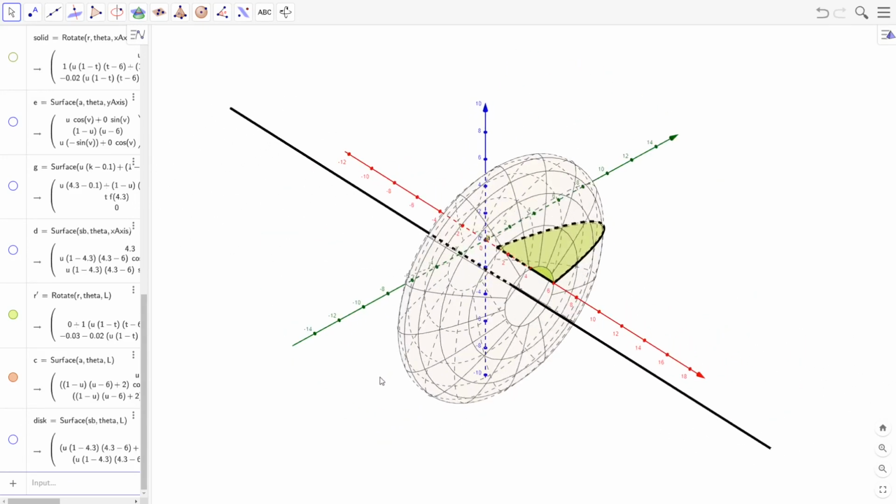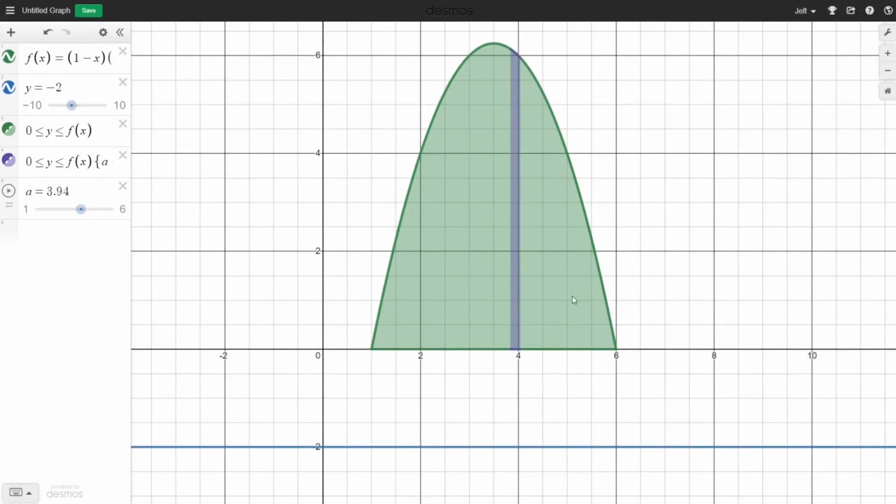As with our previous volumes, we don't actually need to know what this object looks like to find its volume. All we need is a sketch of the region, a sketch of the axis of rotation, and a sketch of our representative slice. Rotating this slice about an axis perpendicular to the slice will give us either a washer or, if the axis of rotation is adjacent to the bottom of the slice, a disk. If we were to rotate this slice about some other axis, and our rotated slices were not disks or washers, we would need another method to find the volume of the object. More on that later.